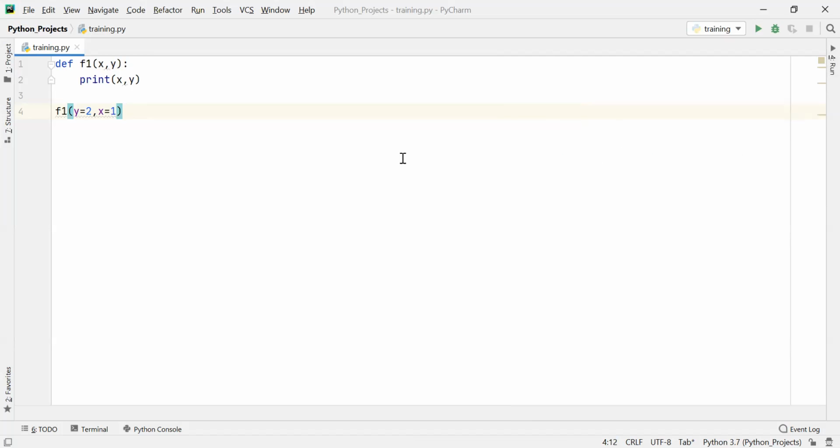Now let's have a look at default arguments. A default argument is an argument that assumes a default value if a value is not provided in the function call for that argument. Let me show you with an example here. Instead of x, I'll use name, and let me give age equals 37. Then I'm printing the value of name, and then I'm printing the age again.